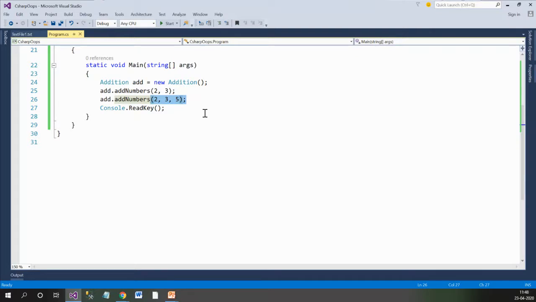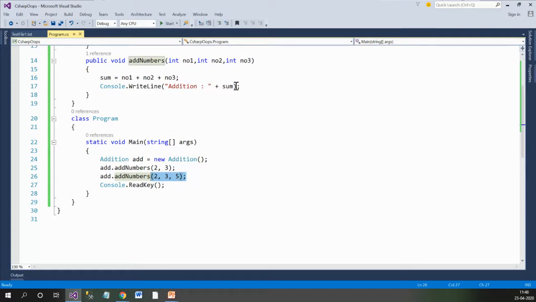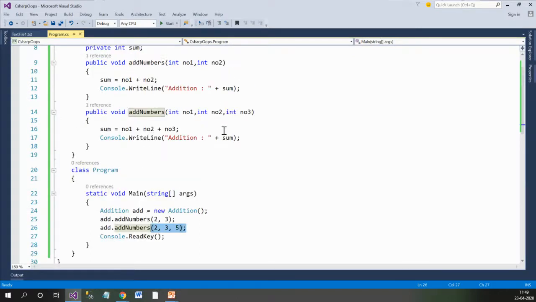So here I have overloaded the add numbers method to perform addition of two numbers as well as addition of three numbers, and that is why it is called method overloading.